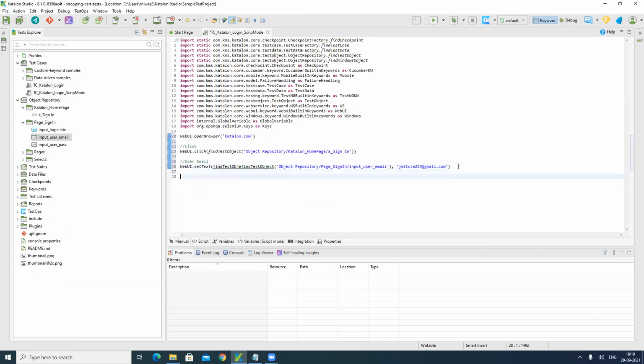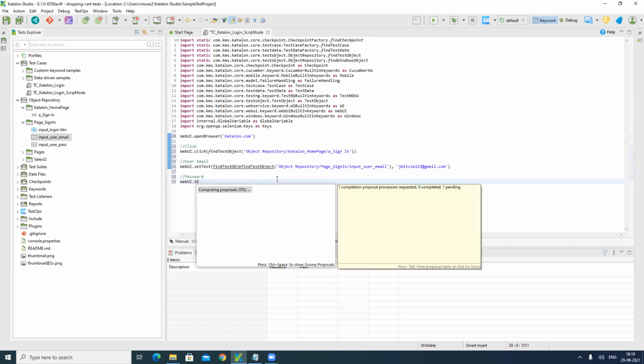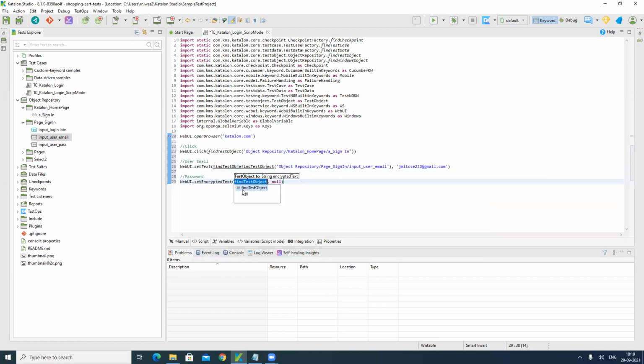So our next action is for the password. As the password is very confidential, we are going to use WebUI dot set encrypted password. Right.